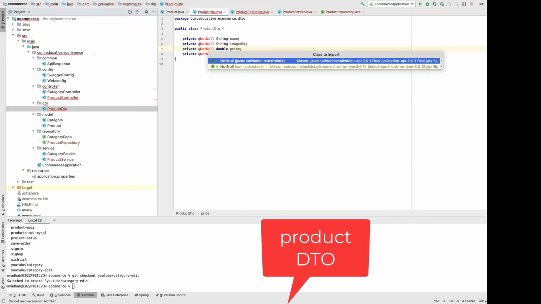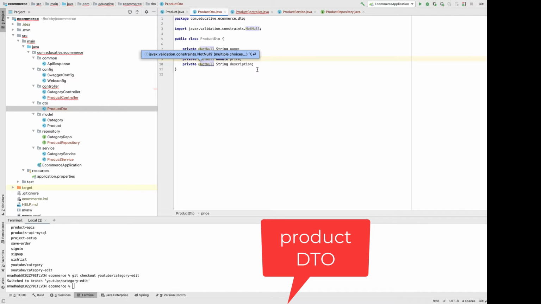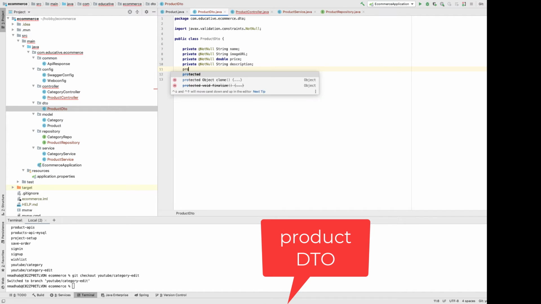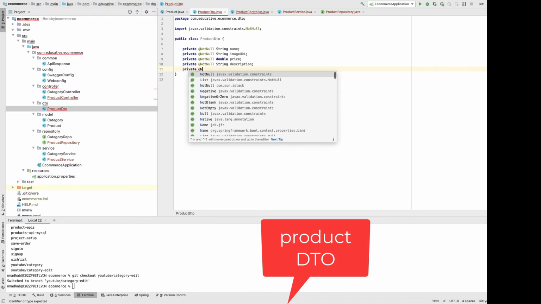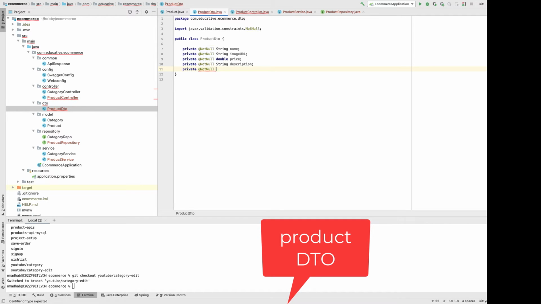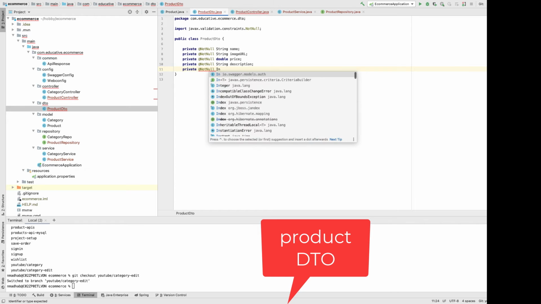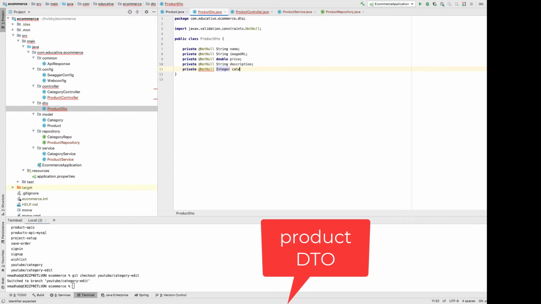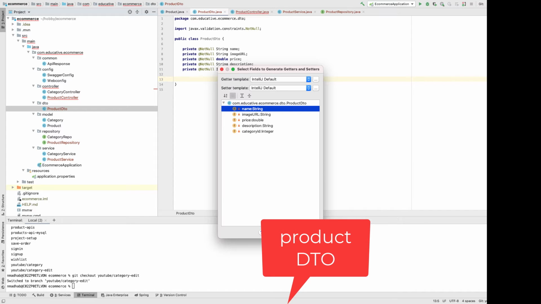Let's bring it all, and then we need one more thing: private, not null, Integer, category ID. So let's create the getter and setter for all these things,